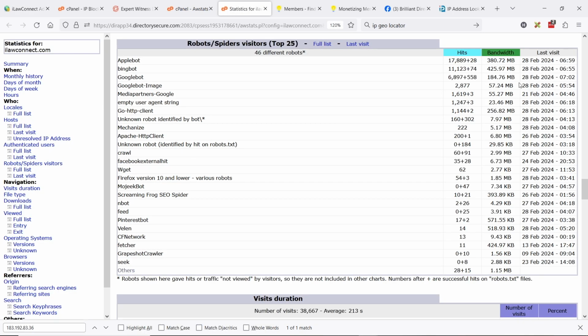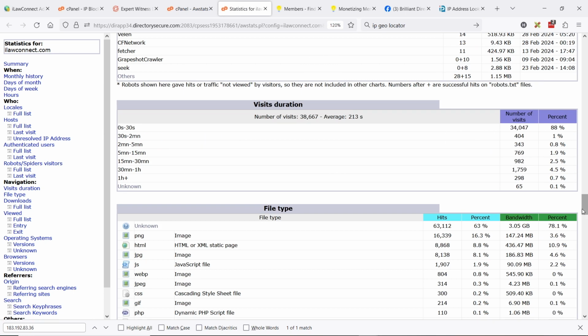So this is a pretty important one. That's why I spent a little more time on it. And if we can identify this, you can pretty much nip it in the bud. Sometimes the things that are running up the bandwidth the most are these spiders or bots. A little lower down here,